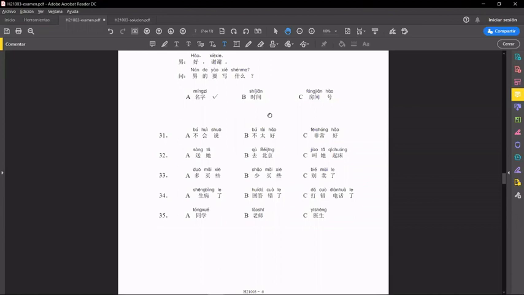Now we're going to do number 31. 现在开始第31题。31，你们学校有2个外国学生？是，你怎么知道的？听我哥说的。他们会说汉语吗？他们的汉语都非常好，大家很喜欢他们。那2个外国学生的汉语怎么样？